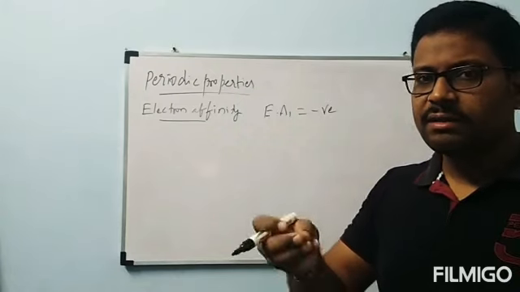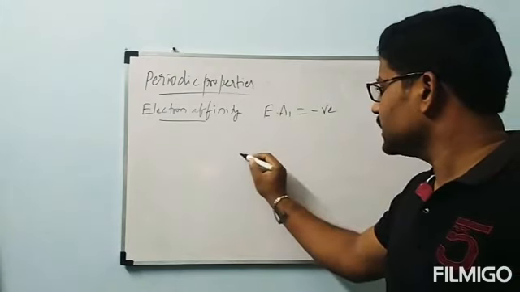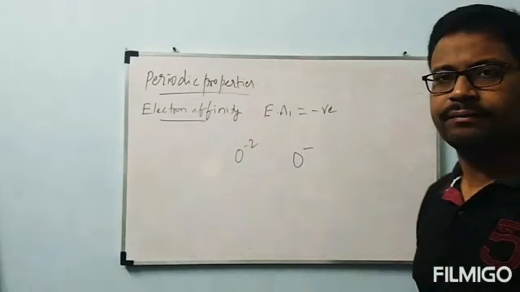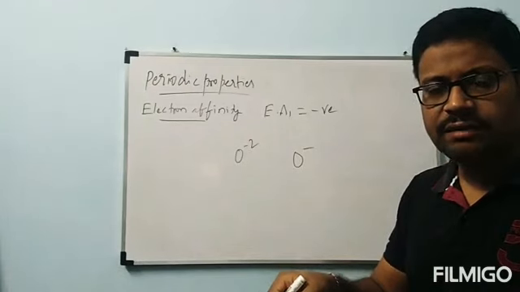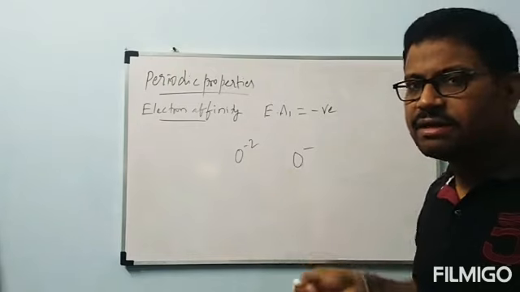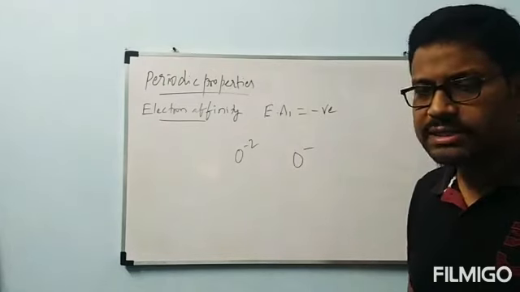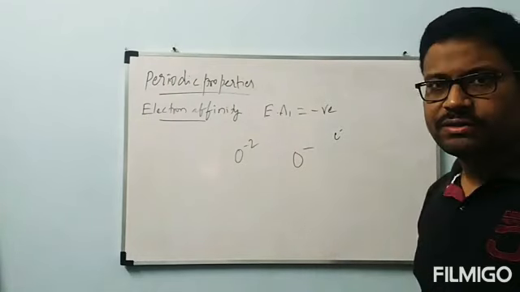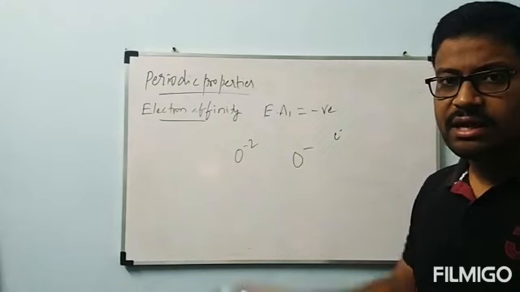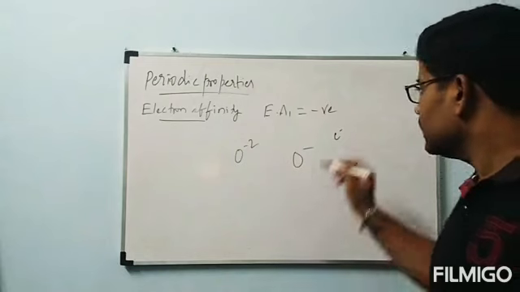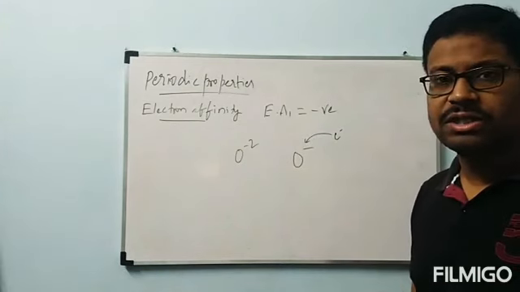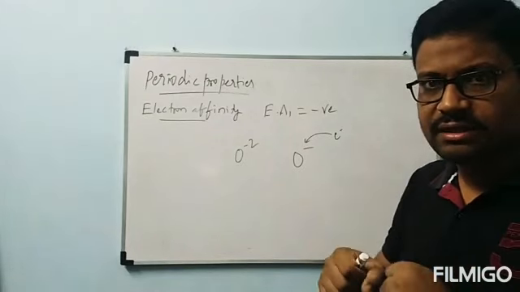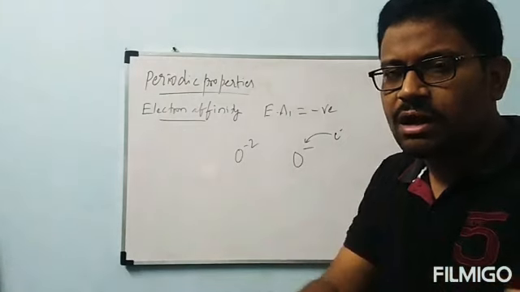Why? After the addition of one electron, let us consider the formation of O minus 2. First, O minus is formed. That means a neutral O atom gains one electron, and at that time energy is released, so O is converted to O minus. For this O minus, we want to introduce one more electron. The electron has negative charge and O minus also has negative charge, so high repulsion will happen, and that electron cannot enter the outermost shell of O minus easily. Because of that, we have to do some work, supplying some energy to introduce that electron into O minus.